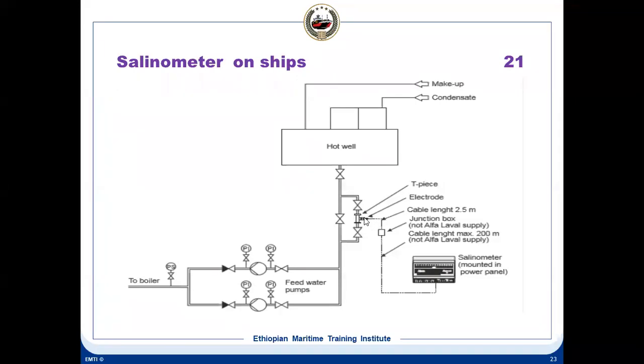And also when you remove it, you have to be very careful. If you twist here, this cable will break here. So you have to be very careful. The electrode is basically two electrodes, and you are applying a potential here and measuring how much current is flowing. So this is used on the feed hot well line. The feed pump is taking suction here and goes to the boiler. And here you have a bypass valve. You can even shut off this and take out this one for maintenance also. On this you have only alarm settings. You cannot do anything else with this.